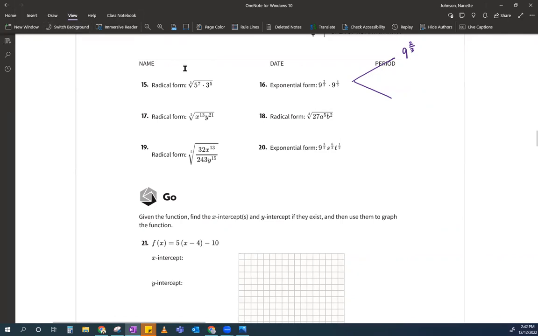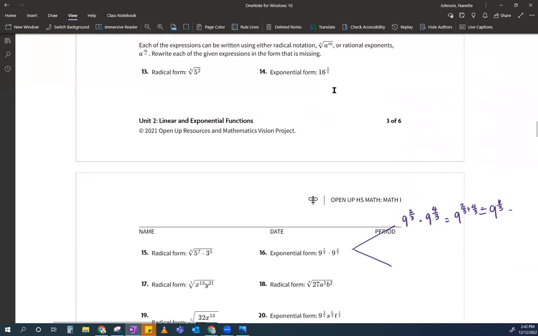So I have the same base, so I keep that, and then I add 2/3 plus 4/3, which is 9 to the 6/3, which is just 9 squared. Okay. So they don't want you to necessarily simplify what 9 squared is. They just want you to leave it alone. The other way to do this, which again should come out the same exact way,